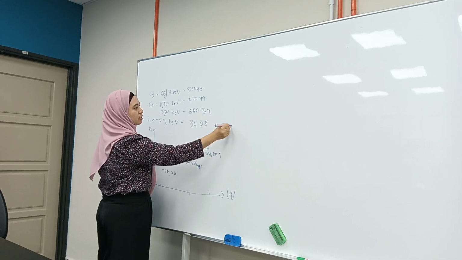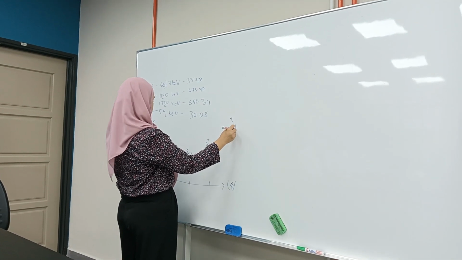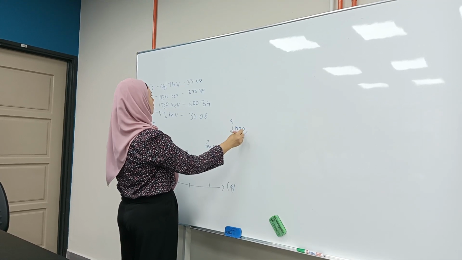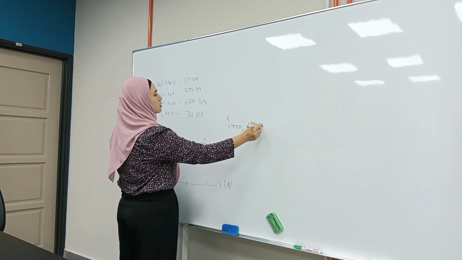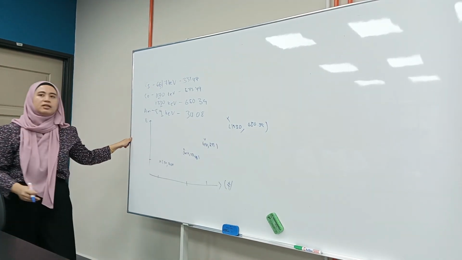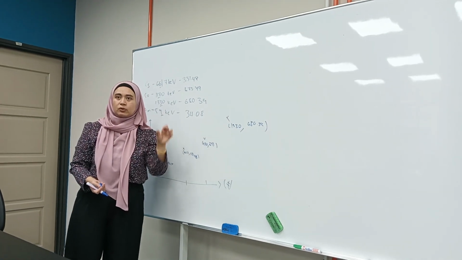Then you have the last one at 1330, and the channel number being 650.39. So this is enough for us to have a calibration curve based on different energies,